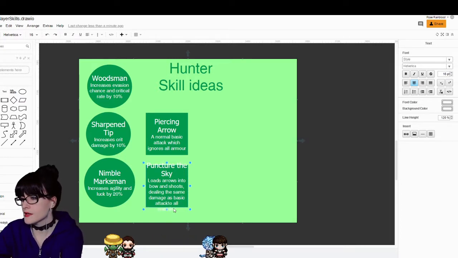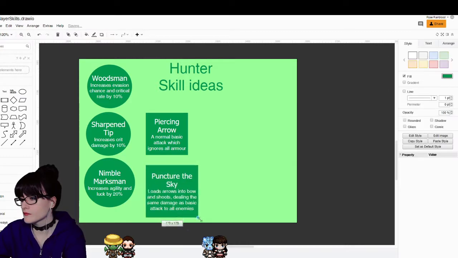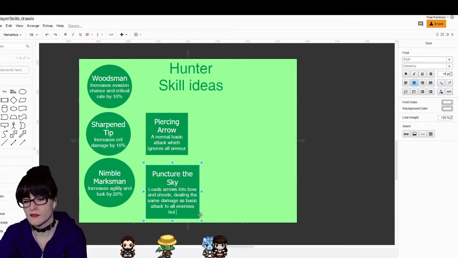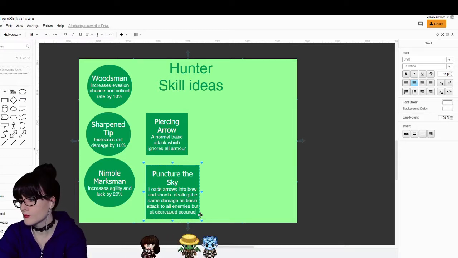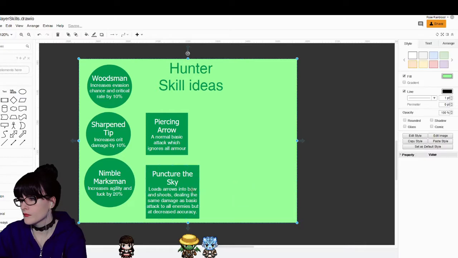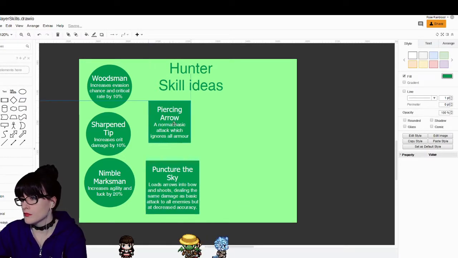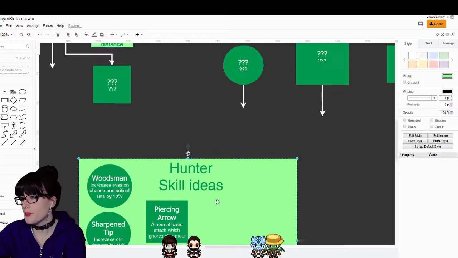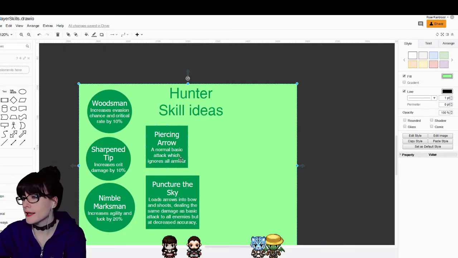My goodness, the typos. Can we simplify that at all so we can make it a little bit of a smaller square maybe? Right, so